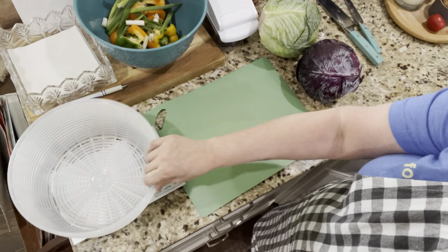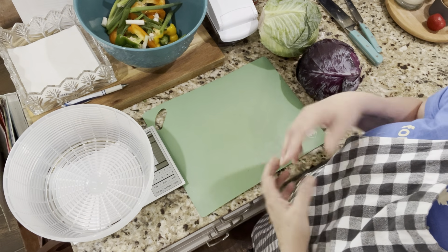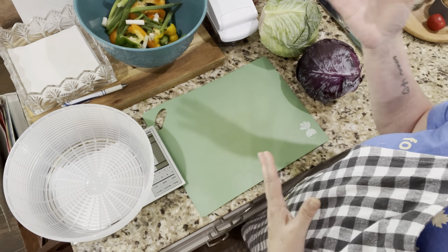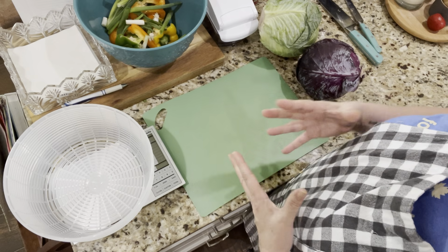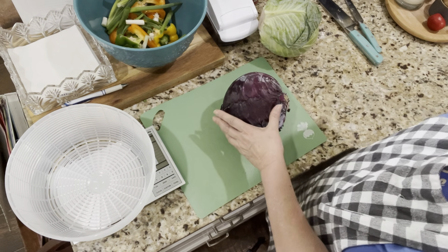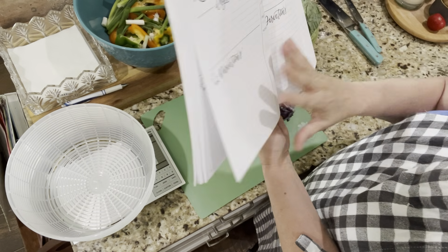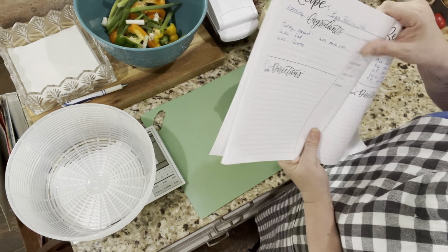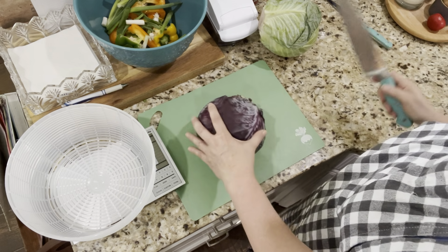So what I've done is I have my salad spinner bowl here because I'm gonna chop it up, then I'm gonna rinse it real good and spin it, and then put it in the container that it'll stay in. Probably put a paper towel down on the bottom. I just don't want it to get moist because I think I'm not making this until Friday. All right, so egg roll in a bowl. I've got my little recipes written down. Okay, so I'm gonna need 6 ounces of each type of cabbage. All right, so let's start with